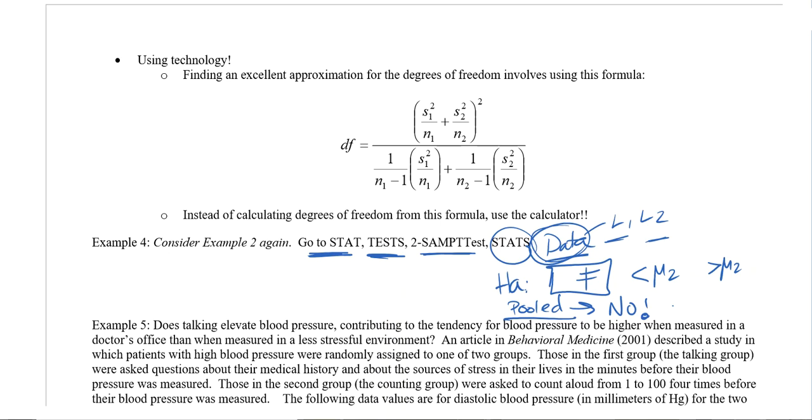Okay, so when you do that, you should come up with all the information that we just calculated. So the test statistic, the p-value. It's going to find the degrees of freedom for you. So this one, if you did this correctly, your calculator degrees of freedom should be 9.556. We estimated our degrees of freedom with our approximation as 10. So it's pretty close.